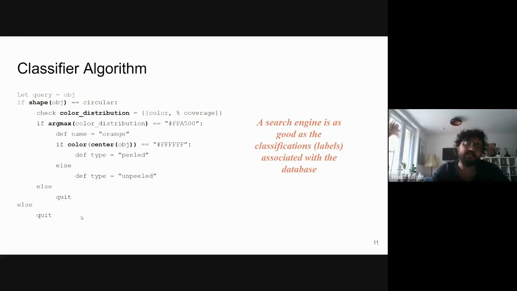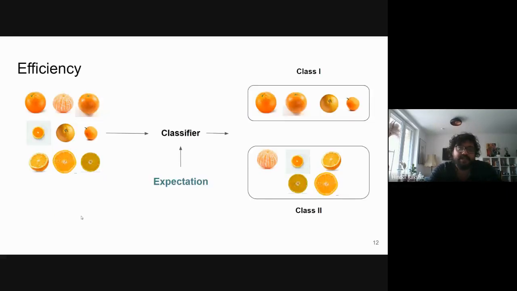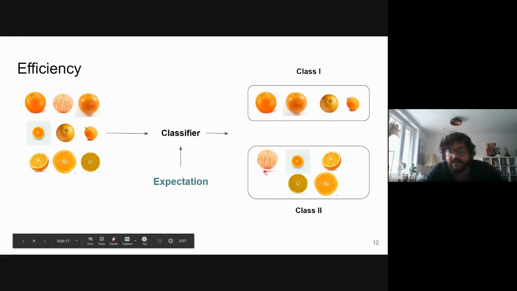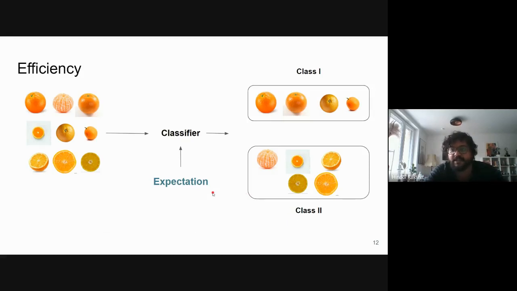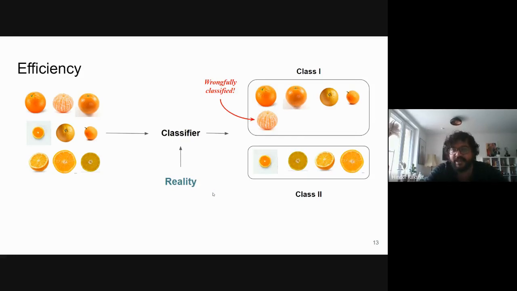Now of course you have made a classifier, but we don't know how good it is. We have an expectation that it will do the job properly, but will it or not, that's what we have to see. Let's say this is our expectation. I think someone asked why this thing is in class 2. But based on the classifier that we have designed, this will be the reality. Because we have only checked whether the center is white, and based on that criterion, these cut oranges will fall into one class, and all of these oranges with this peeled orange will fall into class 1.